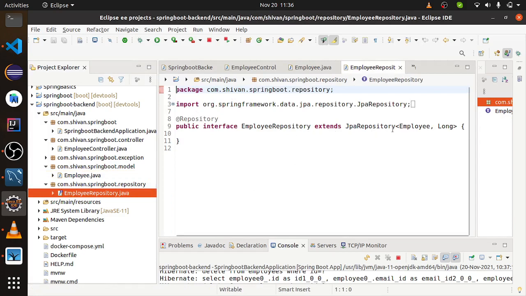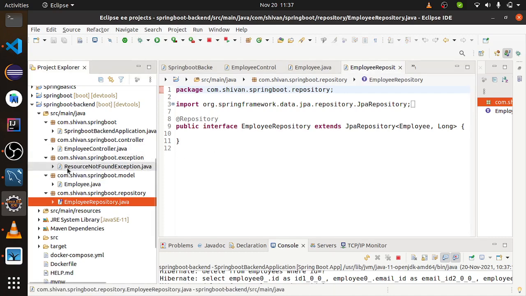This extends JPA repository and CRUD repository. Basically it's a kind of marker interface. It doesn't have a body, but it is used to inherit all the methods it provides, like saveAll, findById, and all these already built methods, which ease our labor in writing our code. So JPA repository simplifies the effort we put in.